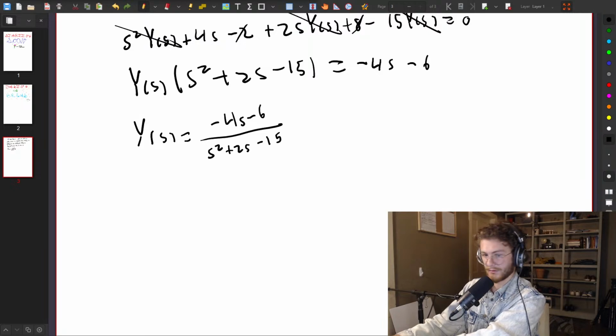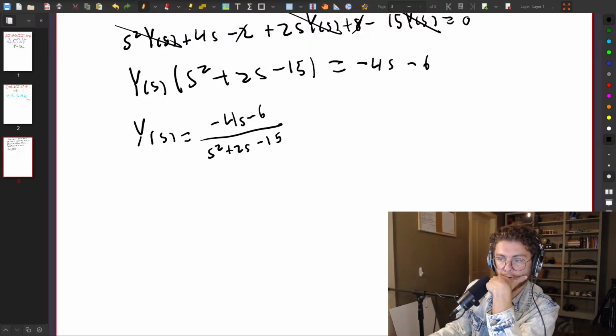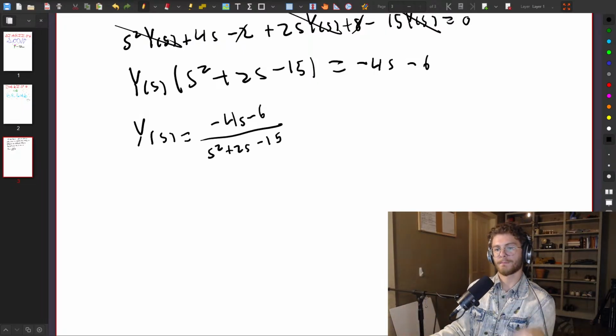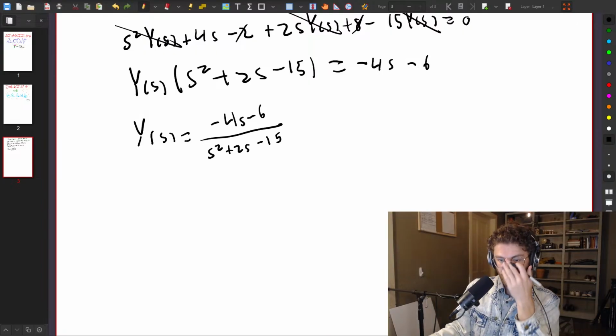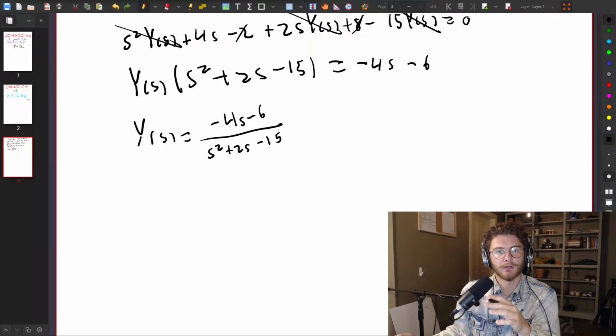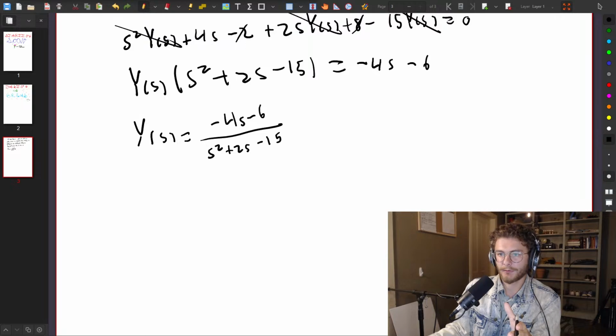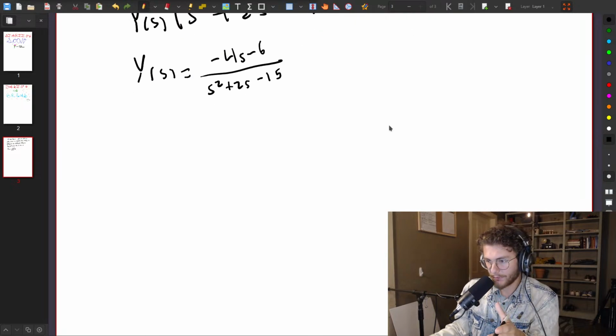So we'll say y times s squared plus 2s minus 15 plus 4s plus 6 is 0. Now we're going to use some partial fraction decomposition to get this into a form where we can undo our Laplace transform. So how do we do that? We're going to start